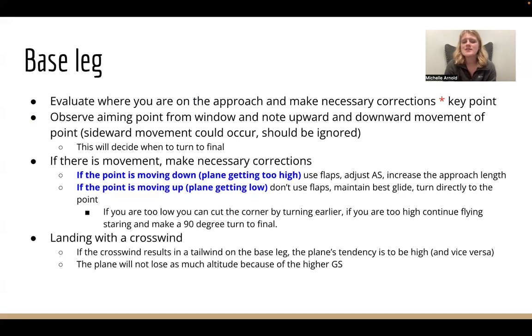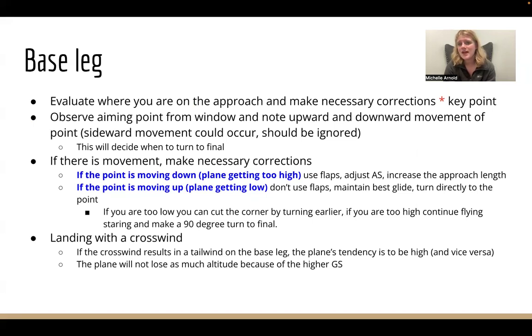If the point is moving down, that means the plane is getting too high, and you want to have a steeper glide path. So for this, you can use flaps, adjust the airspeed, and you do this to increase the approach length. If the point is moving up, that means the plane is getting too low. Don't use flaps, even though they add lift, they also will increase your sink rate. You want to make sure you're maintaining the best glide speed, so you want to double check your speed, make sure you're getting that 76 knots,